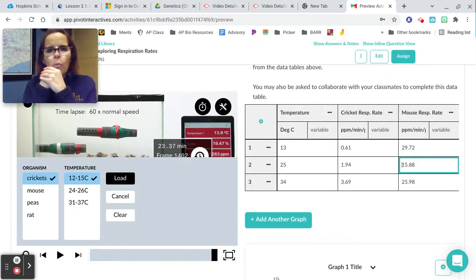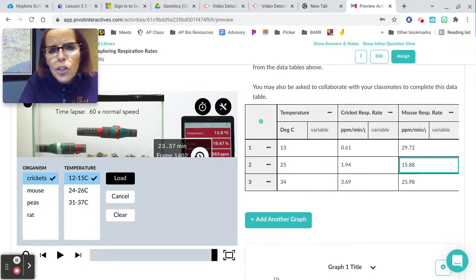Can you figure out what's different that matters here? What's different between a mouse and a cricket? I'll give you 5 seconds to think. What's different between a mouse and a cricket that's causing the respiration rate to be so much different? And the answer is